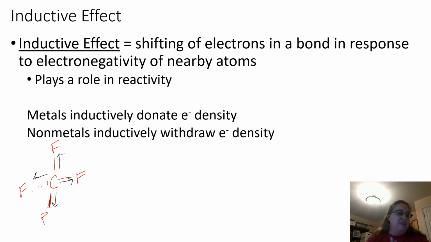But you'll notice that this is a very symmetric molecule. If we look at it as tetrahedral, all those atoms are the same. It's a very symmetric molecule. So overall, this is a nonpolar molecule because of the symmetry. It contains very polar bonds, but it is a nonpolar molecule. If we would compare this to carbon that is attached to 2 fluorines and two hydrogens,